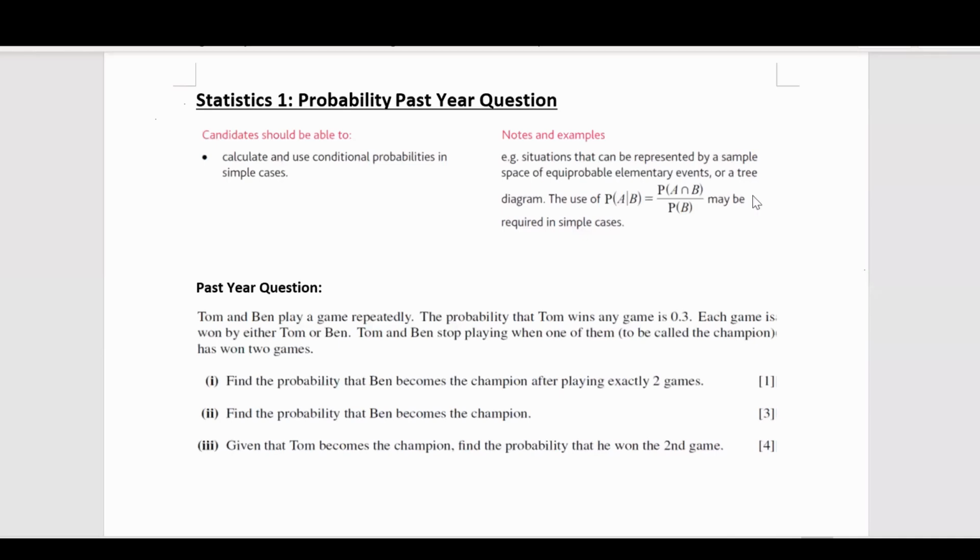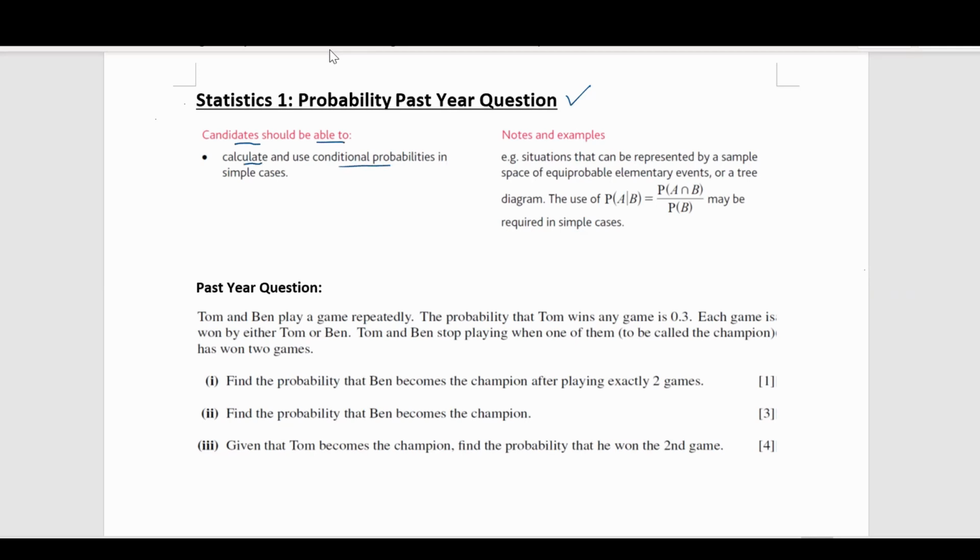Hi, in this lesson we will look at Statistics 1 Probability past questions. I will refer to the syllabus so that we will know what the syllabus wants candidates to be able to do. And then we are taking a past question as a discussion here. Now, let's see what candidates should be able to